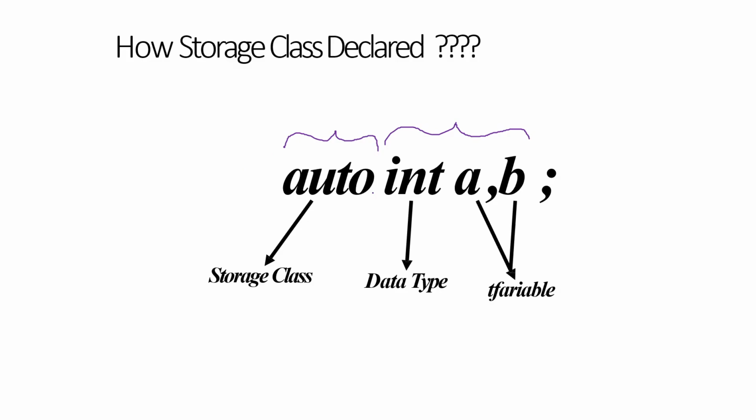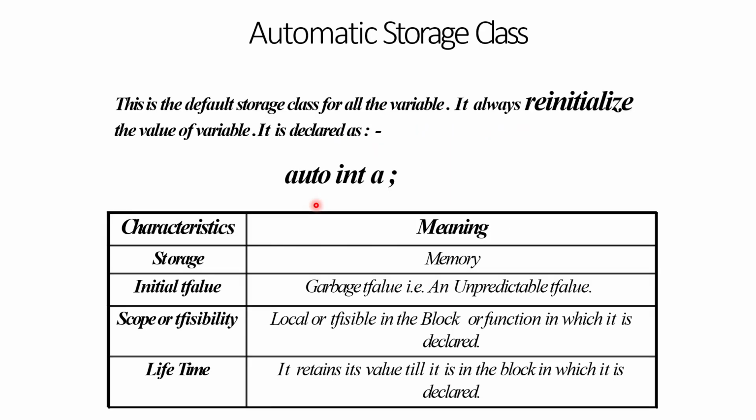But actually when you have declared your variable in this way, int a, b or like that, not only int, maybe for char, maybe for other data types, actually you have declared storage class like auto, something like this. So let's see what are the features for the automatic storage class. These are the 4 important parameters that actually differentiate between all different storage classes.